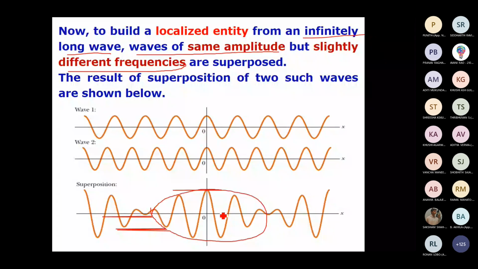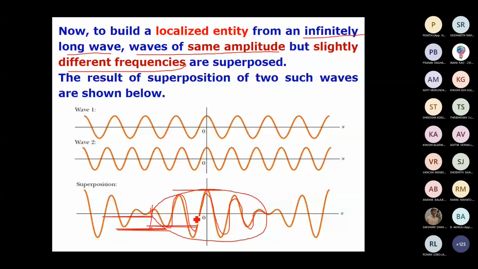So we can say that a particle is present in this region, and also we are able to explain the wave nature of the particle. Both the entities are required here: the essential feature of a particle is its localized nature, and the essential feature of the wave is a long wave train, that is non-localized. So this tells you the particle is somewhere in this region. This is called the wave packet, and this is a wave.